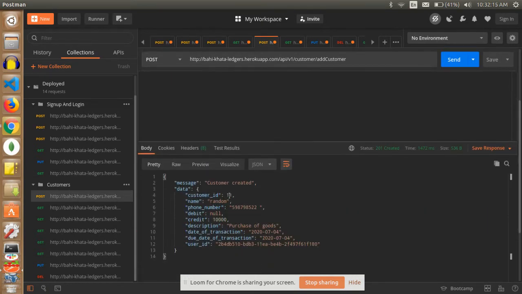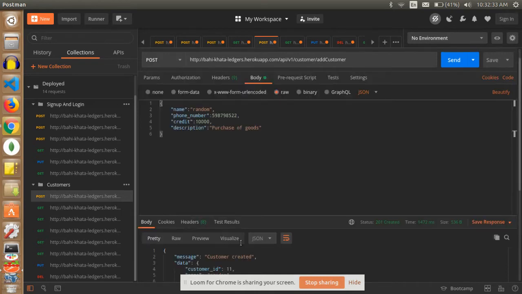Here the customer has been created with customer ID, name, and phone number. He has a credit balance, so debit is null, with the credit, the description, the date of the transaction, and the user ID. With the help of the user ID, it will be easy to fetch the details of the customers of a particular user.